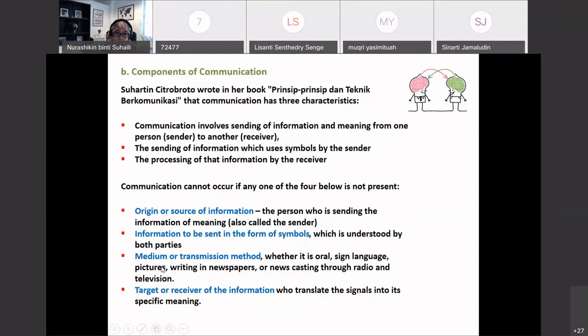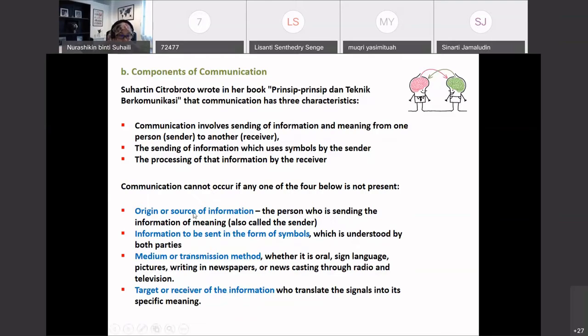And then another important aspect of communication is the medium or transmission method. So how we're going to communicate. For example, if you write it, it is in the form of a report. So how are you going to present the report? Like if it's going to be oral, what's the method? What's the platform? Is it going to be media? Is it going to be, for example, a live conference or newspaper or social media? So the platform is the place where you convey the things,